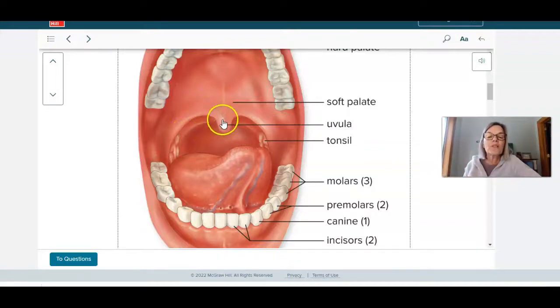So when you swallow, that shuts off, and most of the time, food or liquid does not get up there. Again, most of us have looked at our tonsils in the mirror, and tonsils are actually lymphoid tissue. They're like modified glandular tissue, and what they do is they